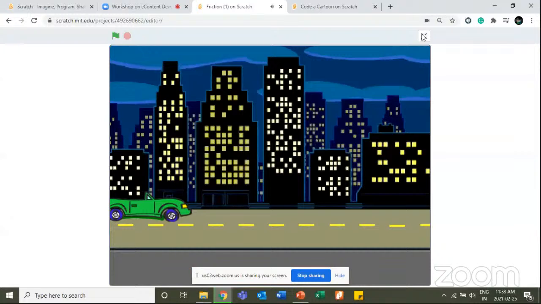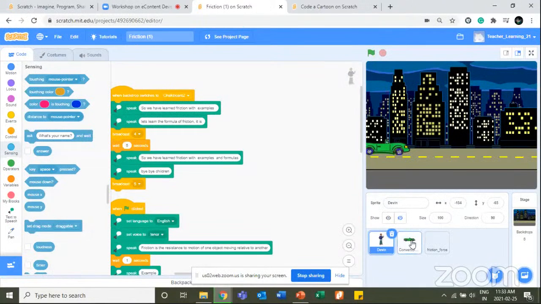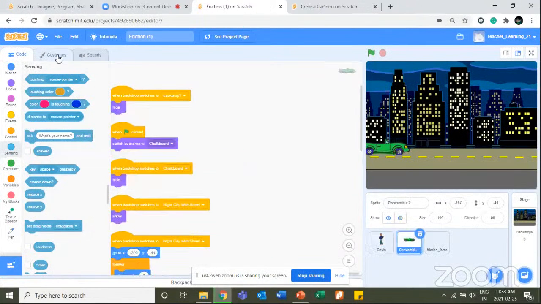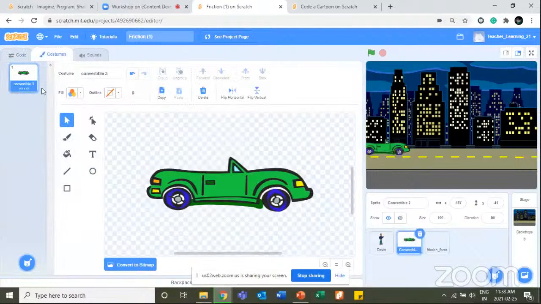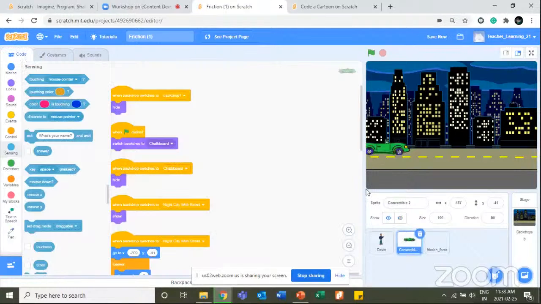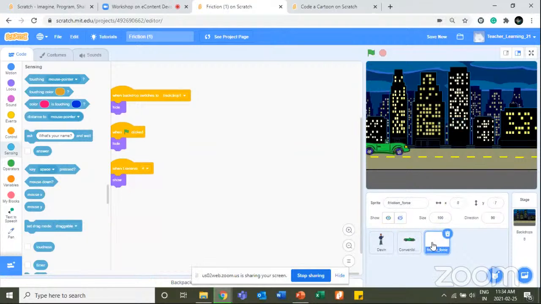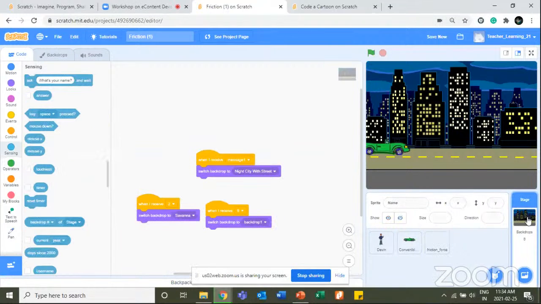Teachers, if you see here, the car is actually not moving. We are just taking the costumes of one car and trying to move it in a way that gives us an illusion that the car is moving in our image or in our animation. Likewise, when we are switching backgrounds,